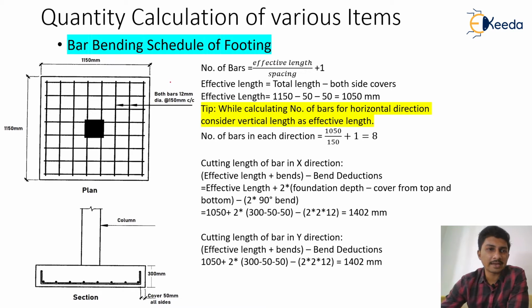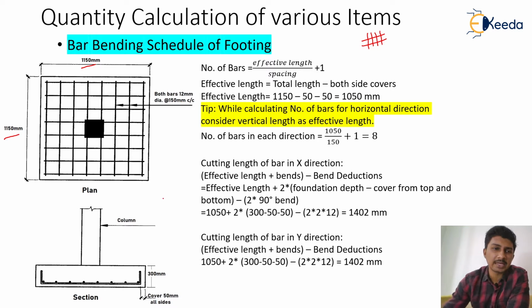So the diagram given as a foundation plan, it's an isolated footing with the dimensions 1150 mm by 1150 mm. It's a square footing. Then it has a reinforcement jali. We call it a jali. That needs reinforcement as top and bottom bars. Both of the bars are of 12 mm dia, whose spacing is at 150 mm center to center. So distance between these two bars, vertical or horizontal, any, they are placed at 150 mm and are of diameter